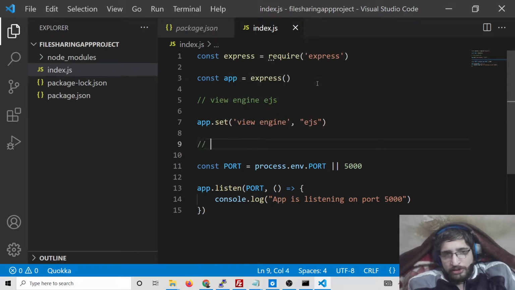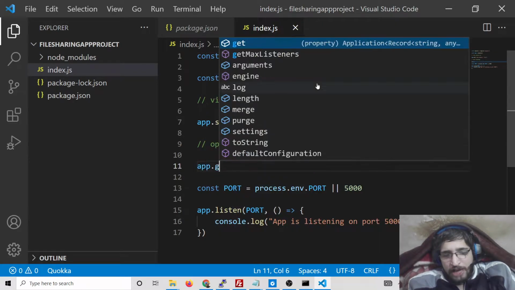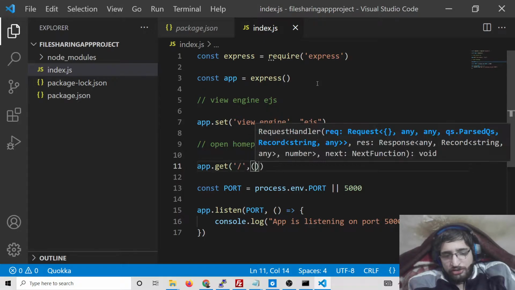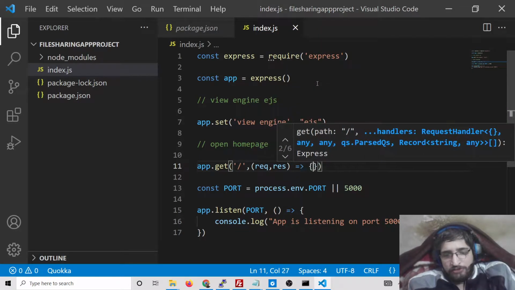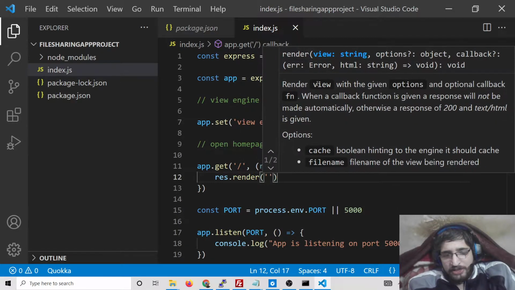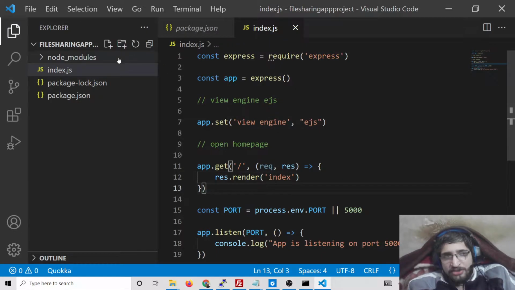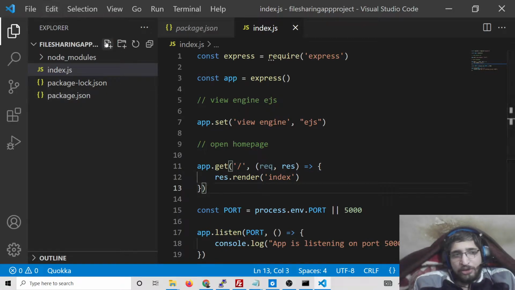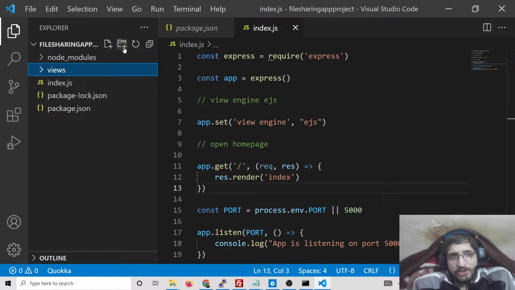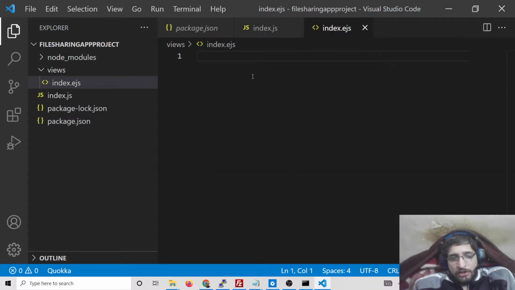And now we can make the simple get request. When we open the home page, the home route, we need to have app.get slash, with request and response, and here we simply say response.render, and pass the template name, which will be index. We don't need to provide the extension name. That's it. All these EJS templates, guys, need to reside in a particular folder. By default, this folder is called the views folder. So inside the root directory, you need to create a views folder and just create index.ejs, and this will contain the